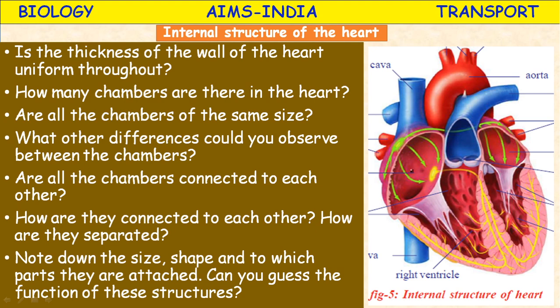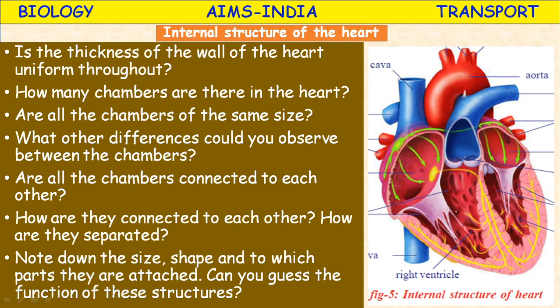For example, this right atrium. Always remember, in the three-dimensional image, your left-hand side represents the right chambers and your right-hand side represents the left chambers. This is the right auricle. The right auricle receives deoxygenated blood from all parts of the body, and the left auricle receives oxygenated blood from the lungs. The auricles pump blood only to the ventricles, whereas the ventricles pump blood to other parts.